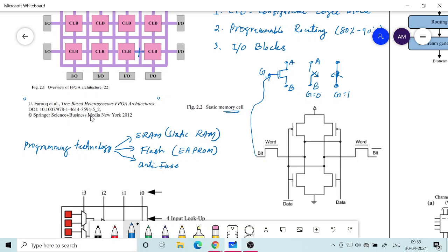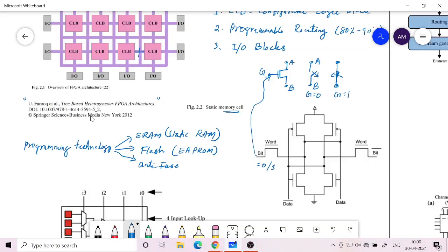While programming, what we actually do is put the data into the static memory. Each static RAM, which consists of 6 transistors, holds that data. If you put 0 there, this bit will be 0. If you put 1 there, the bit will be 1, and this static RAM will hold that data as long as the power is there.